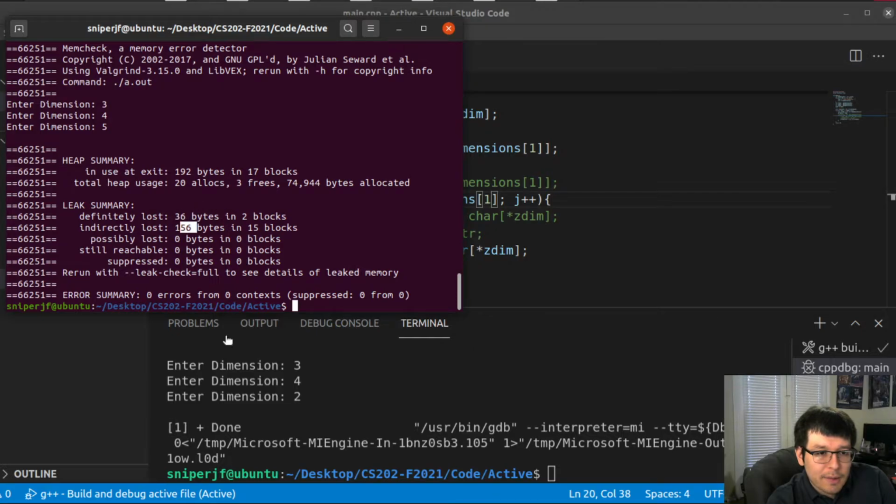And if we do the math, this should make sense for the most part. Let's see, 36 plus 156 is 192, okay? So let's divide 192 by 4, and that gives me 48. So how many of these do I have? Well, I have 3 times 4 times 5. So 3 times 4 times 5 is 60. Oh, well, by the way, 192 was here. But yeah,